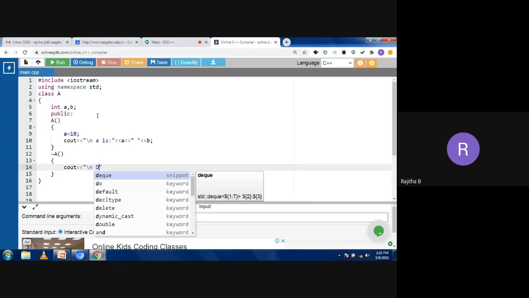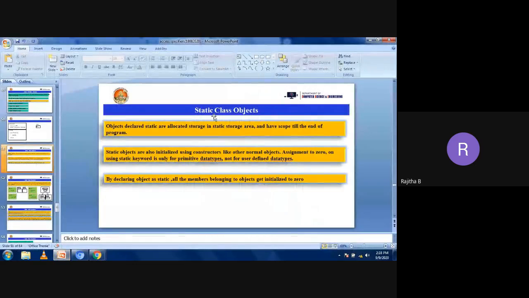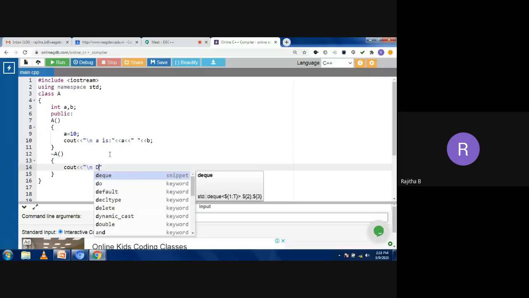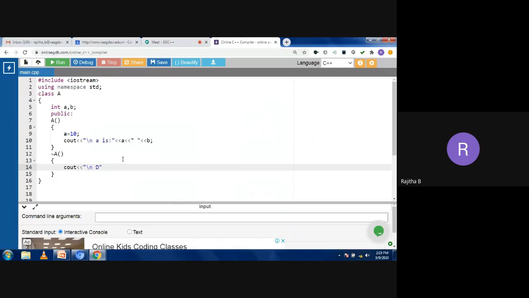So in the destructor, it is not possible to write any statements except cout. Simply I'm printing the statement: it is a destructor.